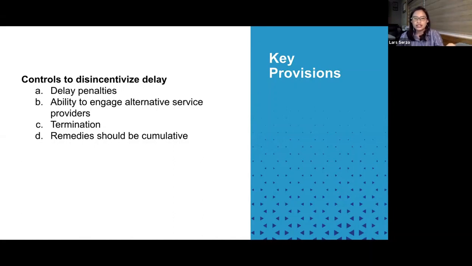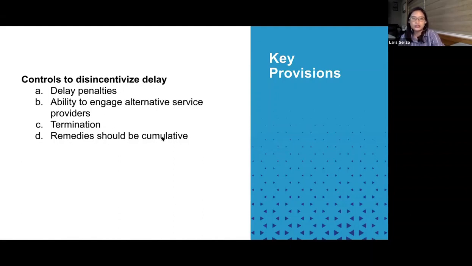And it's also in your interest to say that the remedies are cumulative and not alternative. Meaning, if you pick one, then that should not prejudice your right to, let's say, terminate or to exercise the other remedies available under the contract and available under law.